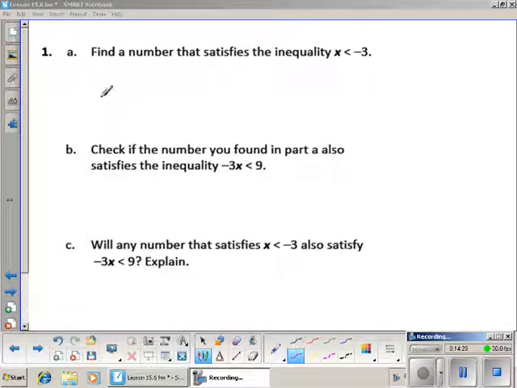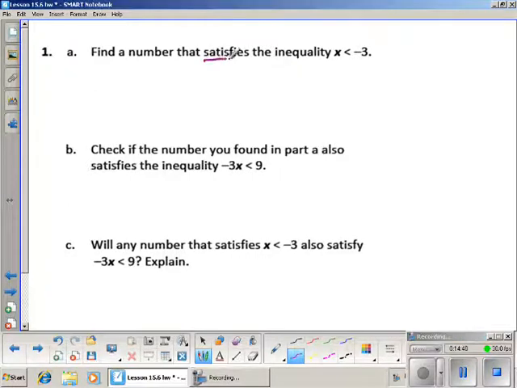A, find the number that satisfies the inequality x is less than -3. What in the world does the word satisfy mean? Well, guys, it's just a fancy way to say that makes it true. Makes it a true statement versus an inequality that wouldn't make any sense. Now, so we think about less than. That means the x has to be the smaller number, right? And the -3 is the bigger number. So let's think about what could x possibly be. Could it be